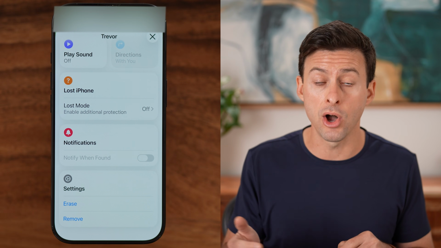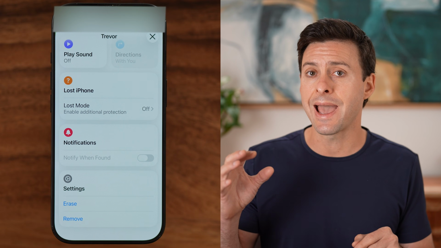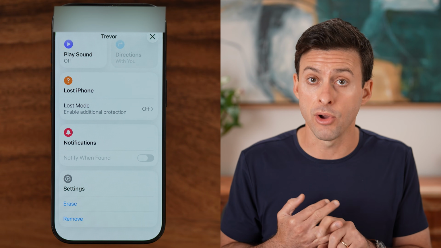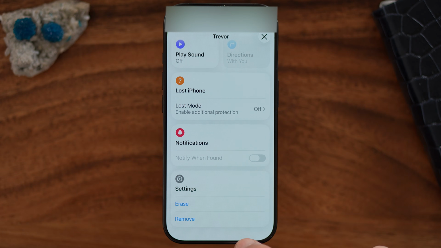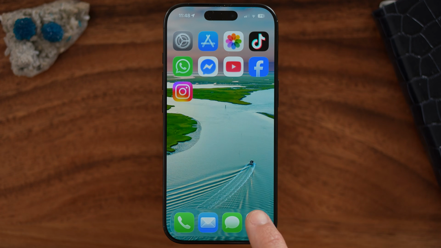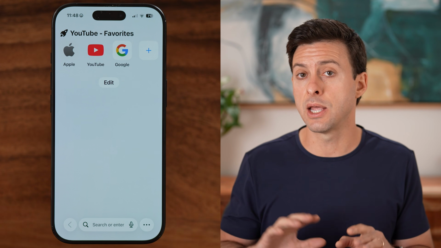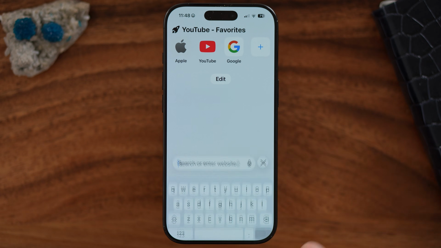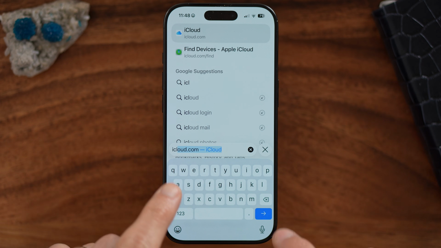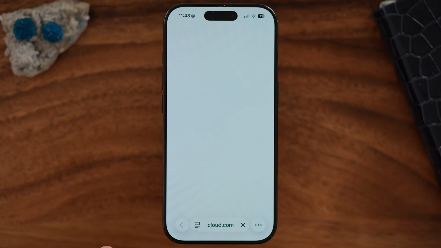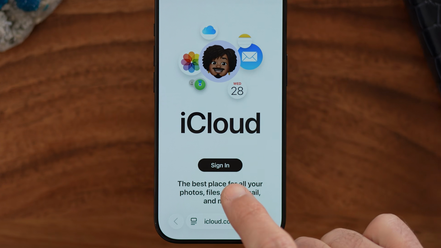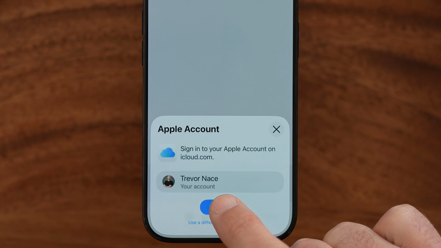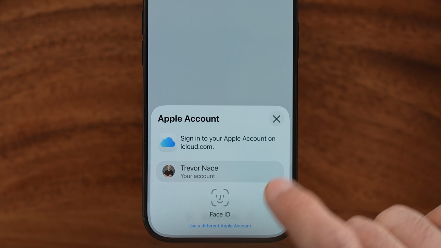It is actually lost or stolen, and you need to access it from someone else's device, another iPhone, another Android, or a computer. To be able to do that, let's exit out of here and open up a web browser, again, on the other device, not on the iPhone that is lost. Tap on search, and we're going to type in iCloud.com and hit go. From here, tap on sign in, and then use your email address and password to sign into the Apple ID